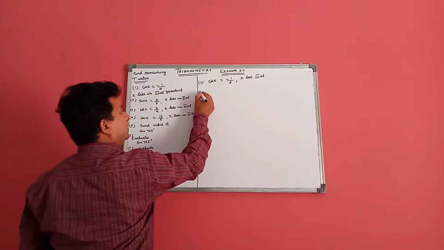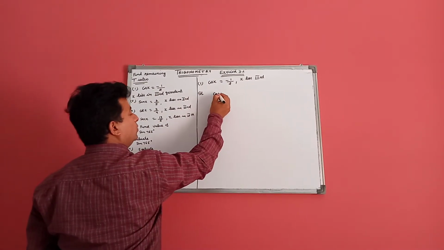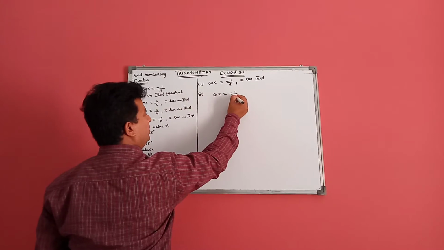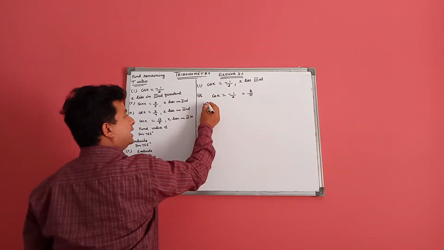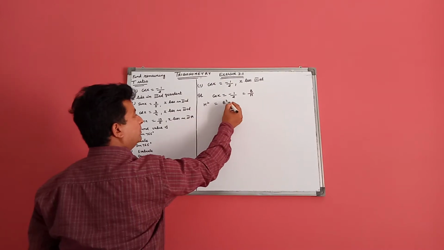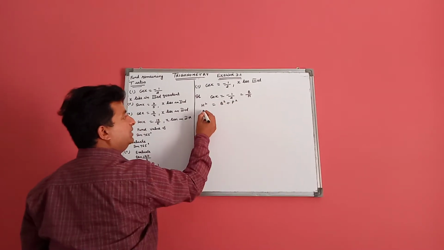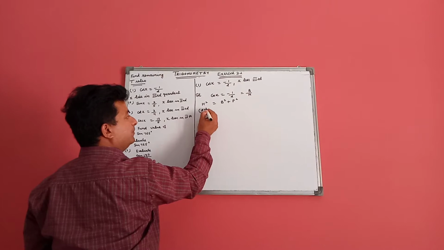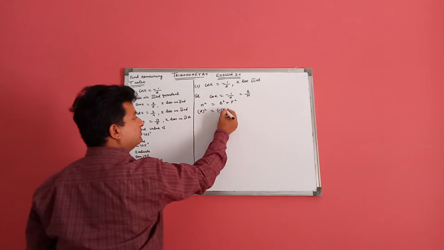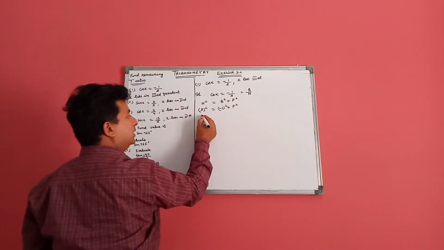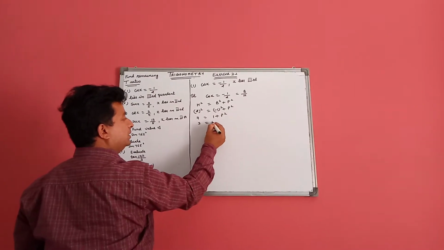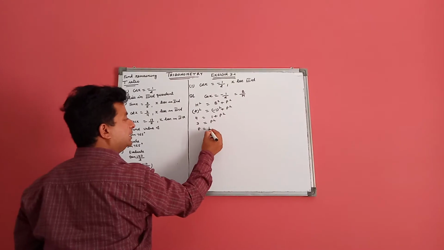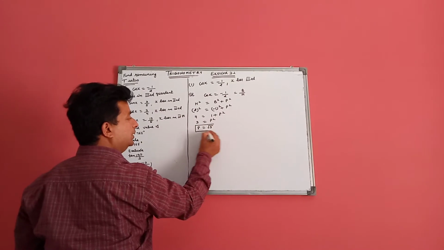As we know, cos x is equal to base over hypotenuse. According to Pythagoras theorem, h square is equal to b square plus p square. Base is minus 1. This becomes 4 is equal to 1 plus p square, 3 is equal to p square, that is, p is equal to under root 3.